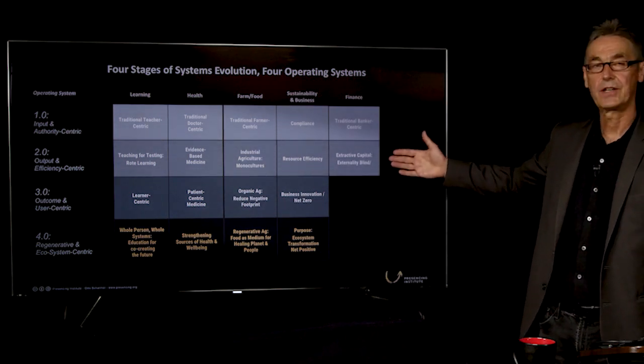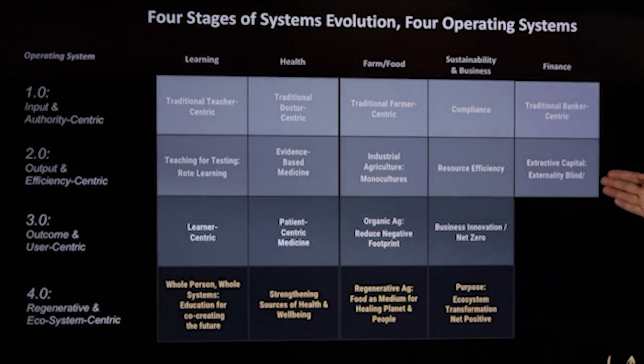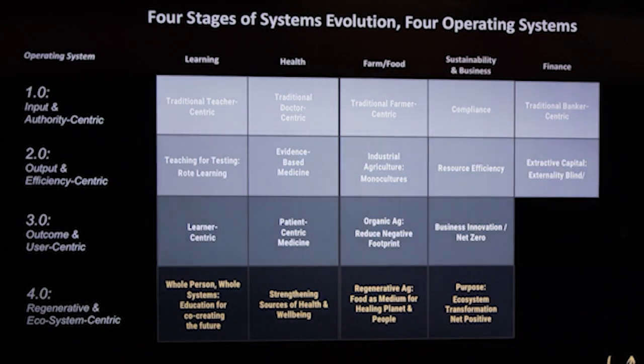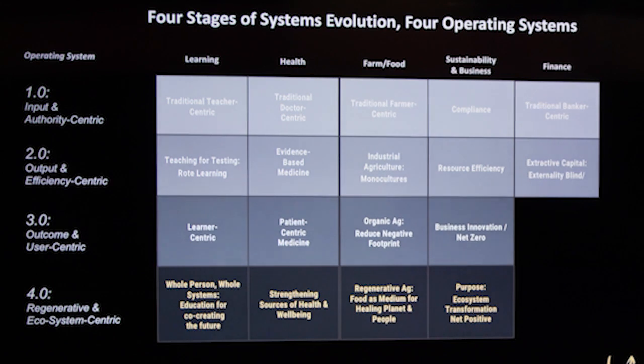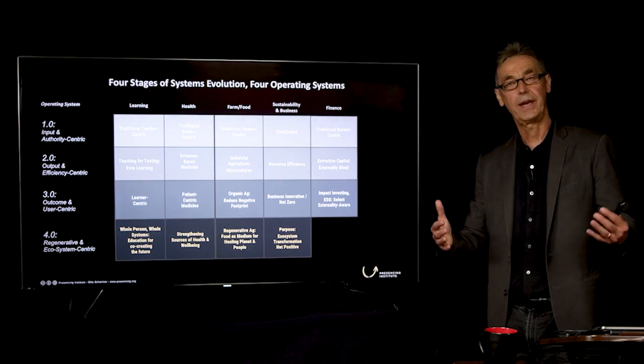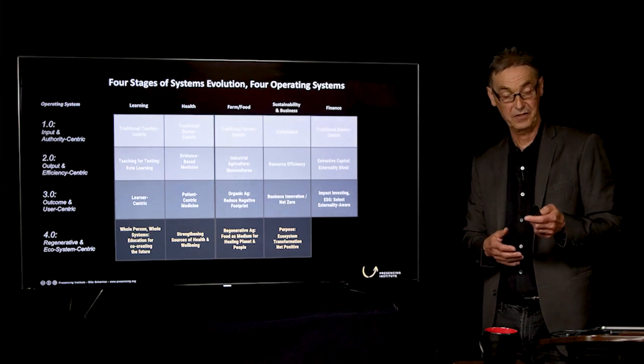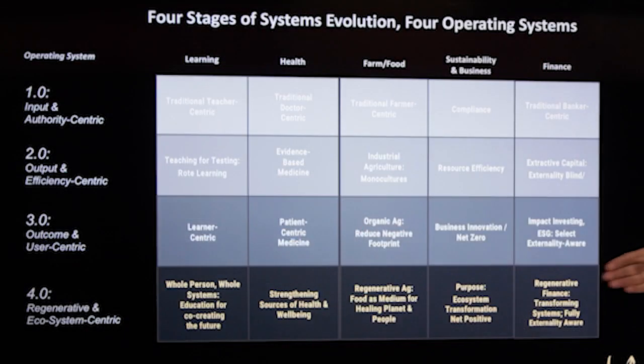Finance 2.0, we all know that. Extractive capital, think Wall Street, and the main feature is externality blind, right? You just maximize profitability, one variable, and basically ignore everything else. What is 3.0? We have been discussing it the past 10, 15 years: impact investing, ESG. We become selectively externality aware. That's a step in the right direction. But does that address the deeper systemic issues? Often it does not. That's what regenerative finance is really about, addressing and transforming the deeper root issues